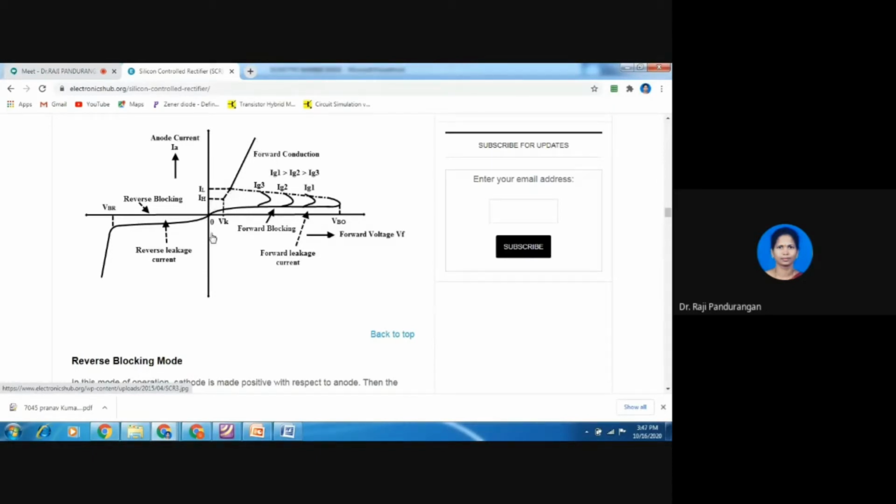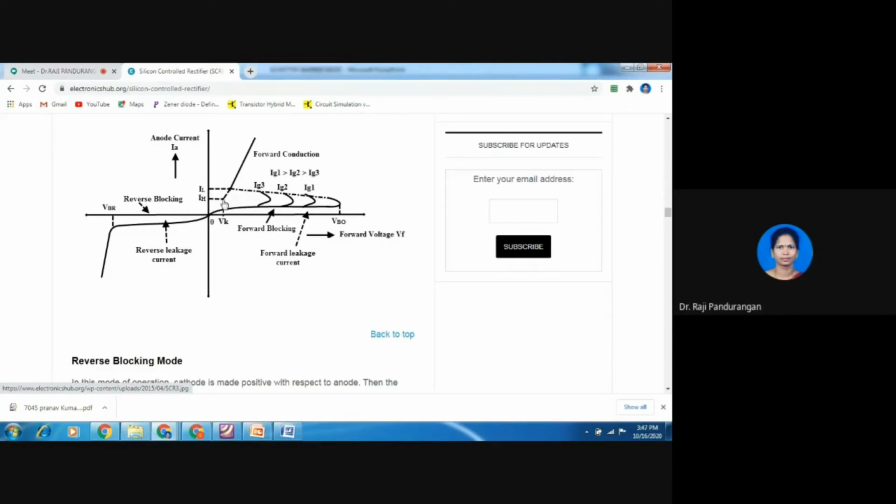What I mean is, once you are increasing the forward voltage continuously, you give your gate voltage at that time. So gate current will be given. Once you give the gate current, at that moment, you will get this curve. Immediately it switches to this region where it is entering into forward bias. So continuously the device will be in working mode. How can I make it off? I need to pull this anode voltage or anode current to very less than IH.